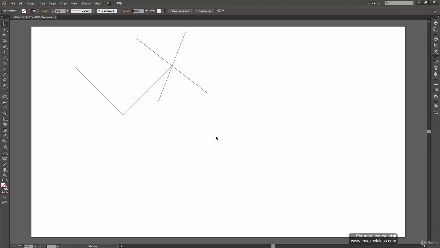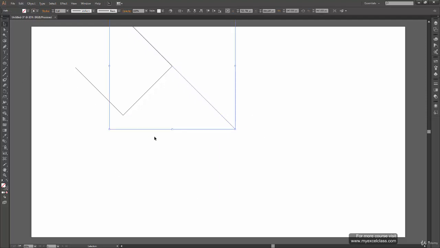Now these are the two option keys we get with the line segment tool, the shift key and the Alt key. You can use one of them at a time or you can use both of them together. So let's see how we can use both of them together. This time what I am doing is creating a line. I press the Alt key to shift the center of this line and at the same time I am pressing the shift key to get a perfectly inclined line. Let's say this is the line which I want. So there we go. We have our line ready.